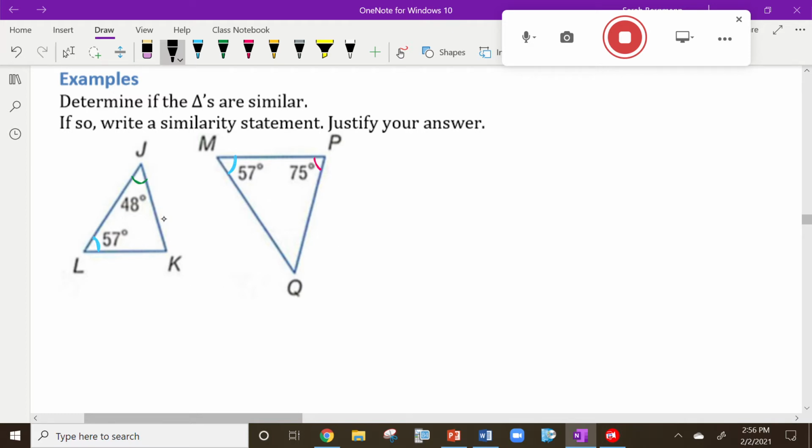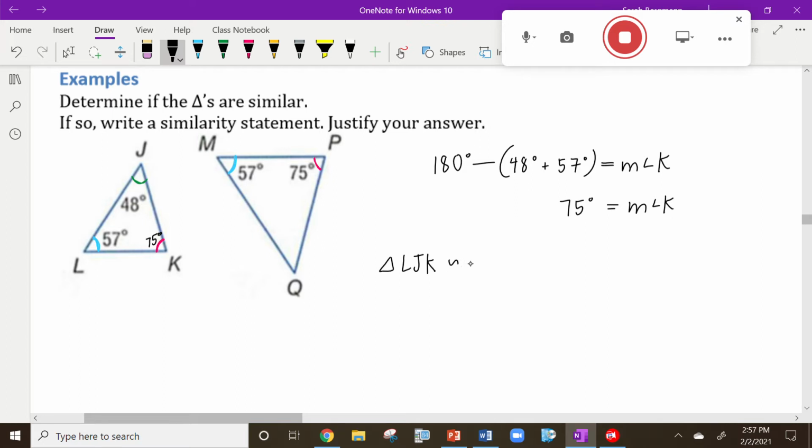So remember, all three angles in a triangle must add up to 180. So if I take 180 minus the sum of 48 and 57, I will know the measure of angle K. So when I do that, I get 75 for the measure of angle K. And now I see that angle K and angle P are congruent. So now I can say triangle LJK is similar to triangle